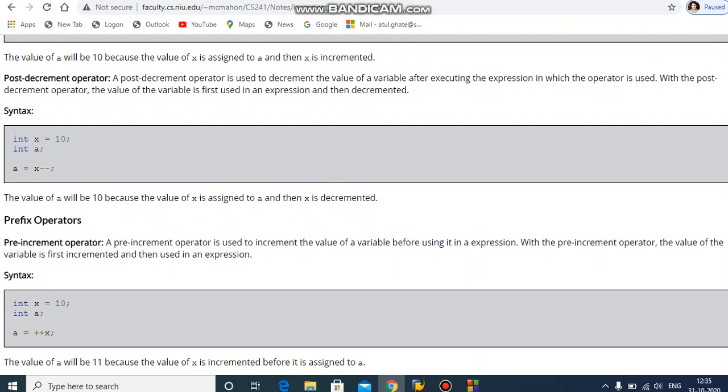Okay, so next is the post decrement operator. We all know what a post operator is. First is the post increment operator, and second is the post decrement operator.